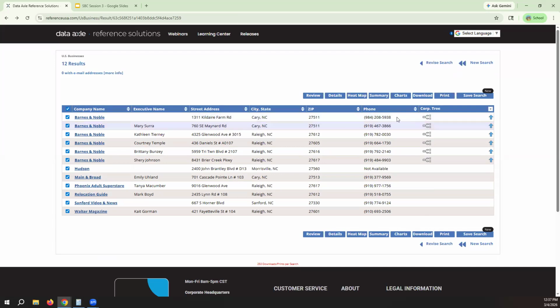In this case, a bookstore. I can download this information, I can print it, or I can save this search. If I download it, it downloads into an Excel spreadsheet. Again, it's maybe not as dynamic, but it is easier to open all of that data up side by side to be able to see it.